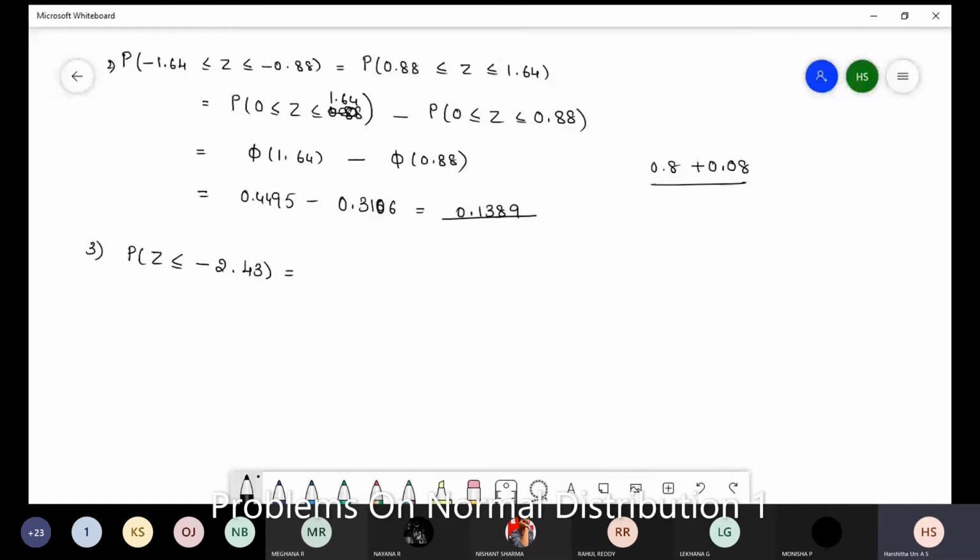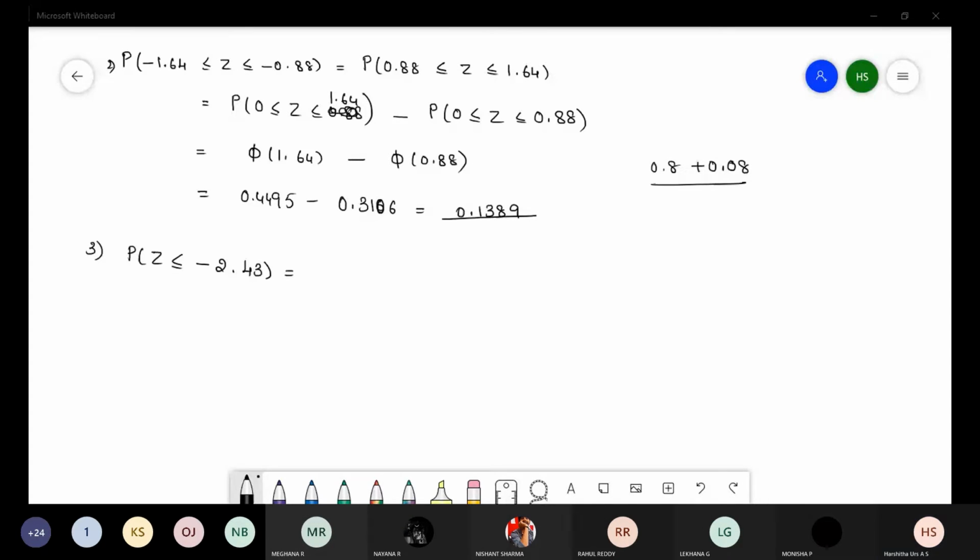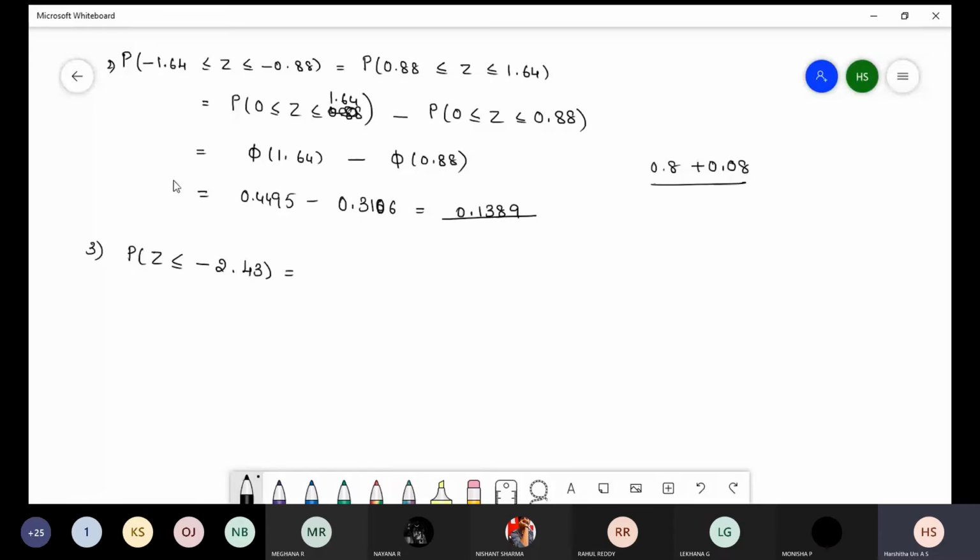How will we write P of Z less than or equal to minus 2.43? By using the symmetric property, we can write P of Z greater than or equal to 2.43. For greater than or equal to, it is in the form P of Z greater than Z2. So we can write,